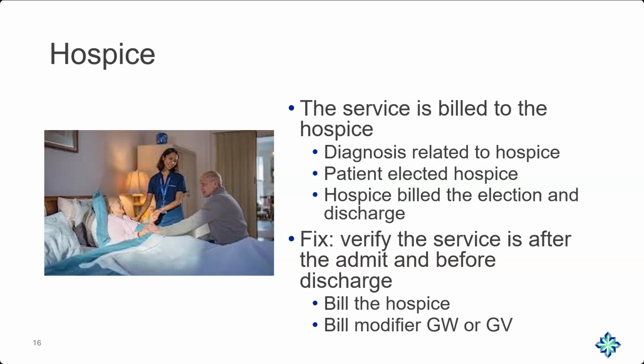52, hospice beneficiary moves out of the service area. In other words, I've elected a hospice, but I'm no longer in that service area, then guess what? We can't expect that hospice to pay because they can't see you, so you want to make sure that you're putting the condition code 52 on there. So hopefully all of those make sense.